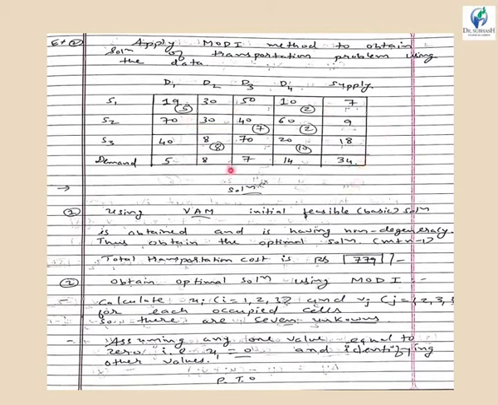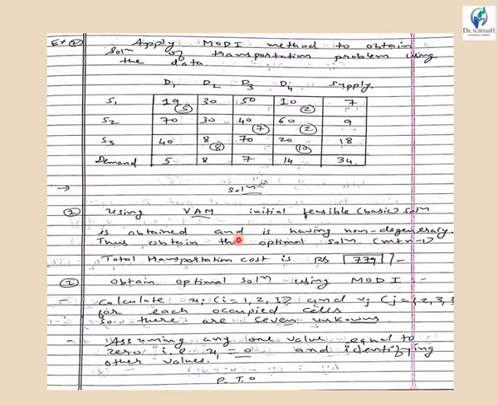So this table is obtained using the VAM method. We will not go through that procedure again, as we already studied it in our fourth lecture, how to obtain the basic feasible solution. I will directly put in the allocations obtained using the VAM method. You can see allocations over here, here, and here. So there are a total of 6 allocations, 3 plus 2, 5 and 6, yes. The given transportation problem is said to have a basic feasible solution as per the formula m plus n minus 1. The total transportation cost obtained using the VAM method is 779.